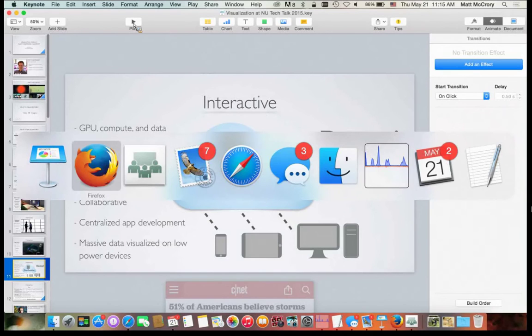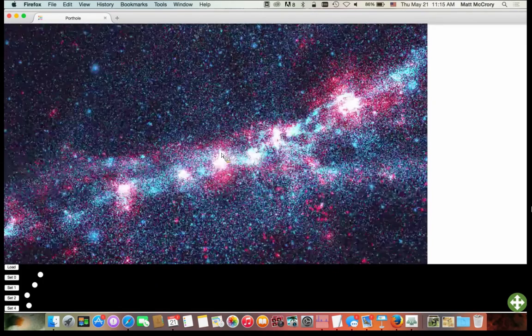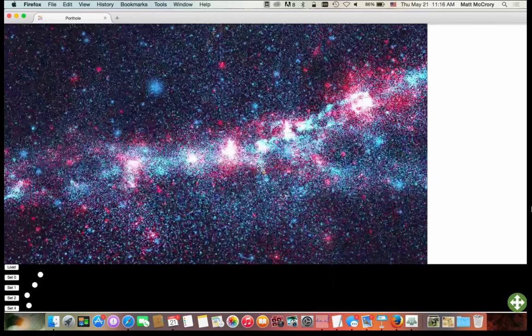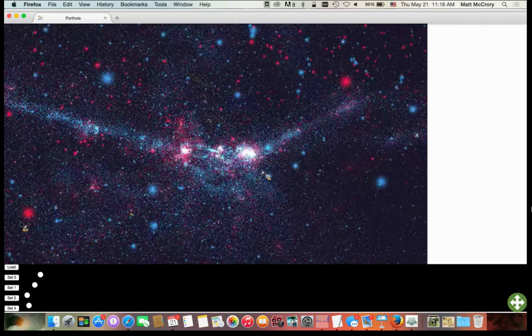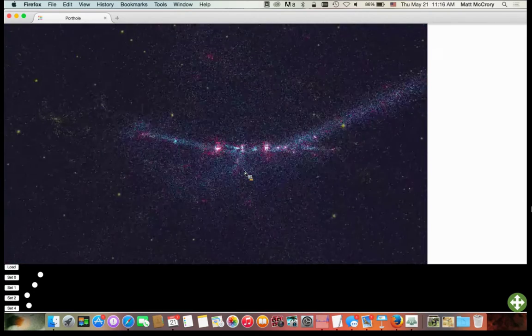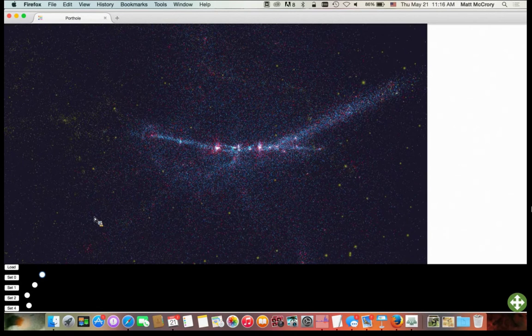So I'm going to show you. This is a web browser. This is just Firefox. And so what we're seeing right here is actually a data set from the Sierra group in astronomy. And this file is about 1.5 gigabytes in size. I can zoom out, and I don't know how well this is coming across on stream, but I can zoom out quite far, and there's basically kind of a whole universe full of points here. And this data set is representing one time slice out of a simulation of galaxy formation within the universe.